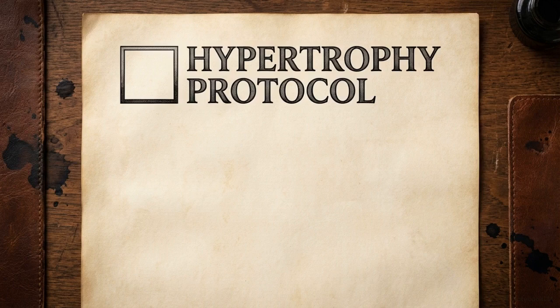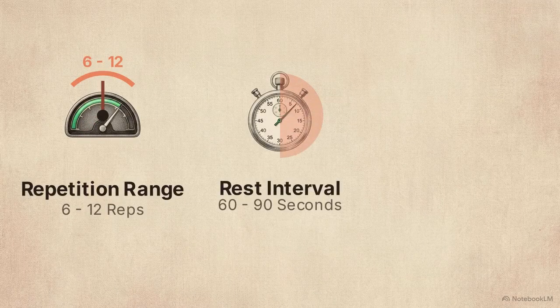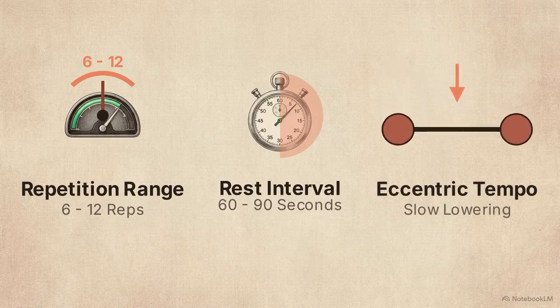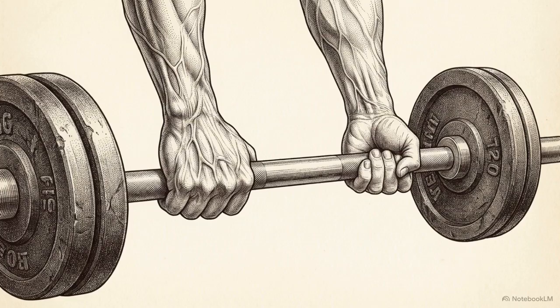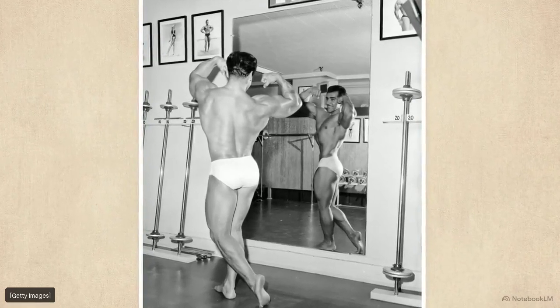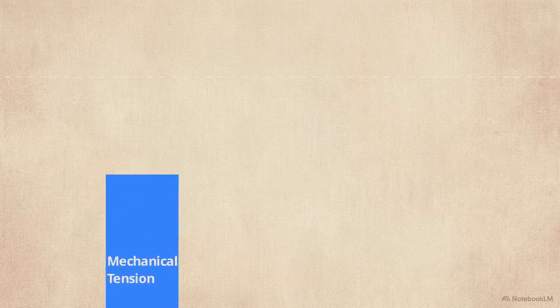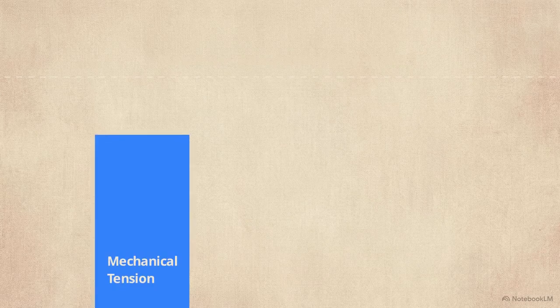The universally accepted protocol for maximizing lean muscle mass is highly specific: 6 to 12 repetitions, 60 to 90 seconds of rest, and a slow, controlled lowering of the weight on every rep. While a powerlifter moving their absolute maximum physical limit develops profound neurological strength, a bodybuilder utilizing submaximal loads within this rep range develops significantly more total muscle mass. If mechanical tension is the primary driver of adaptation, lifting lighter weights should theoretically be less effective.